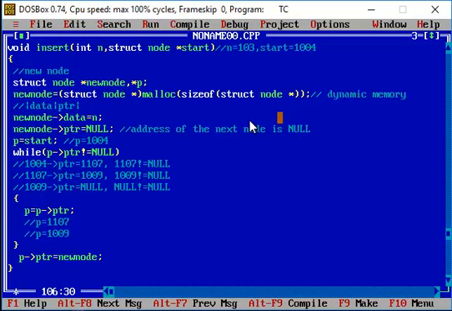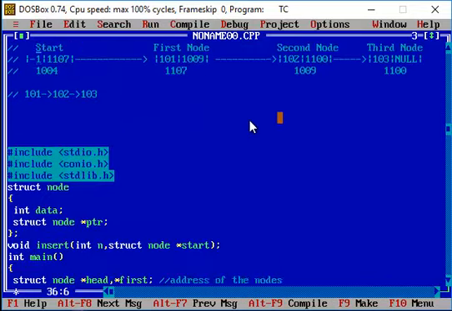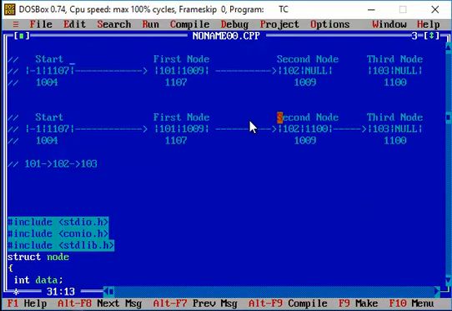When I'm coming out of the loop, I have to assign the address of the third node. So I've got the null value, and this null value should be replaced by the address of the third node, that is 1100. The third node is present at address 1100, and that 1100 has to be updated in the place of null, which is the address field of the second node. So the address field of the second node should be pointing to the address of the third node. So null should be replaced with the address of the new node.